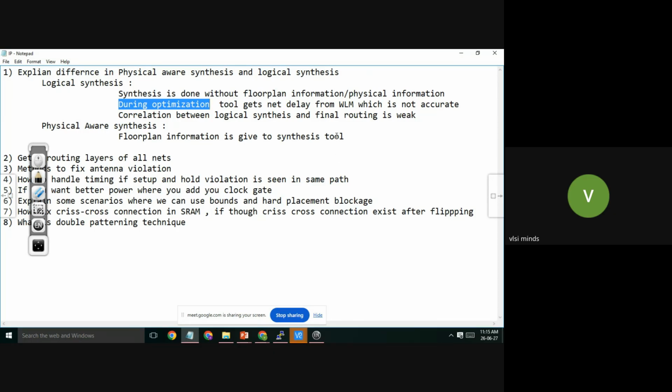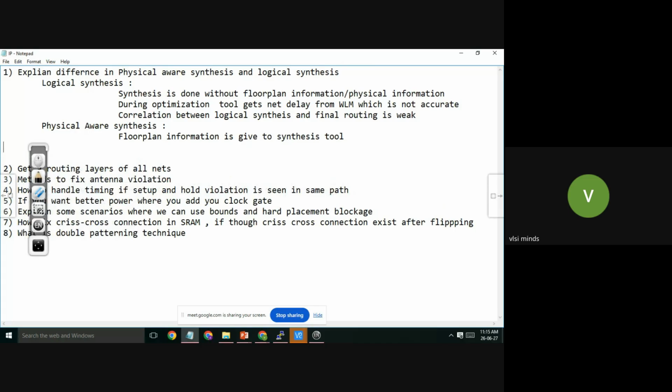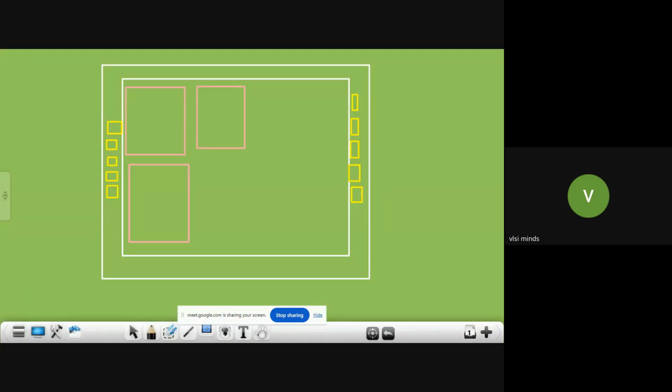Now what happens during optimization in the physical aware synthesis? The tool does rough placement of cells, not exact placement.